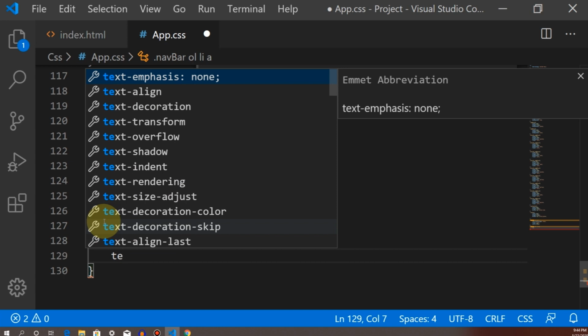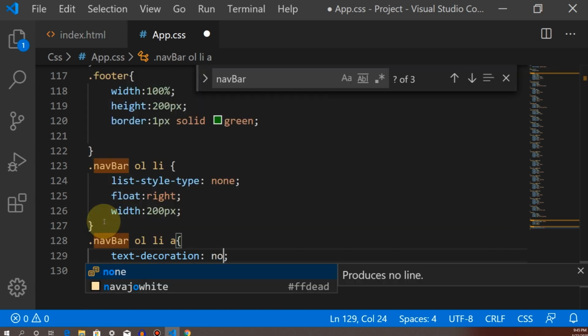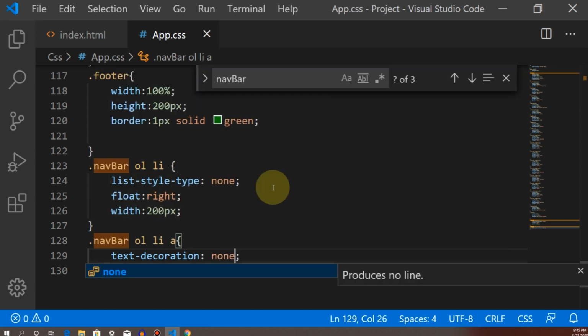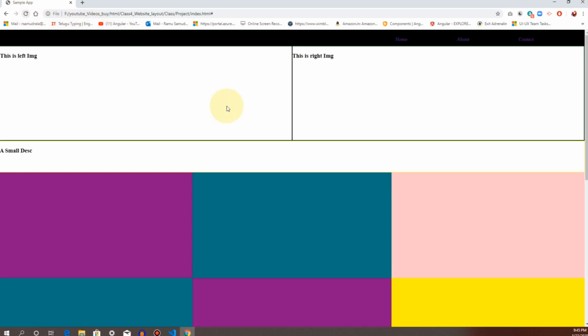To remove the existing text styles, we have the property text-decoration: none. Then let's see what will happen. With text-decoration none, it is displaying like normal text.